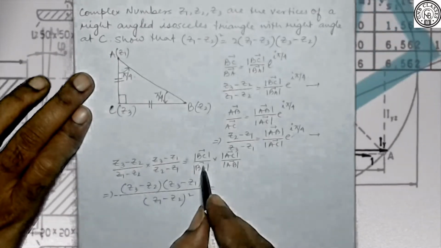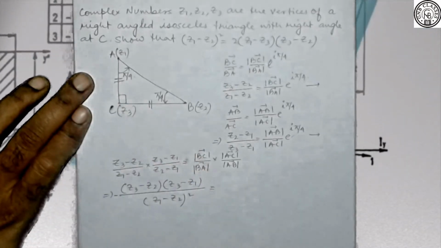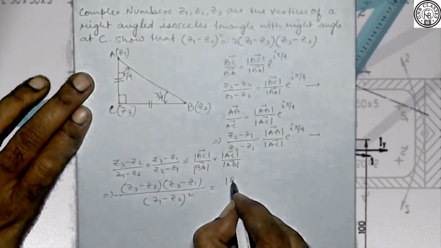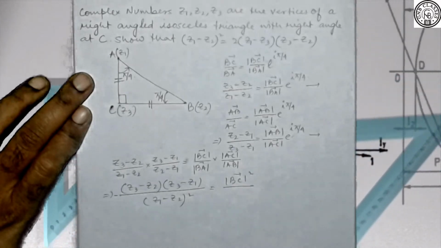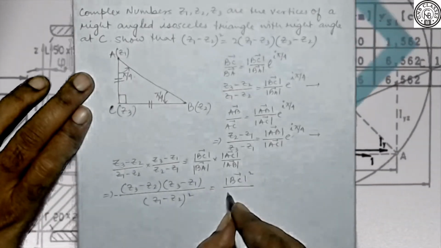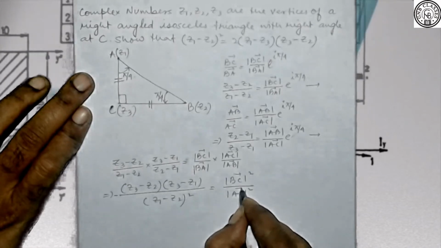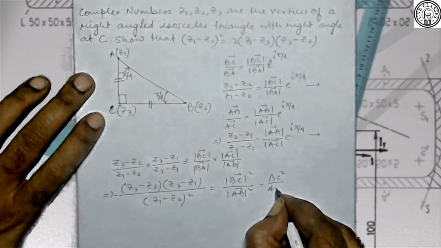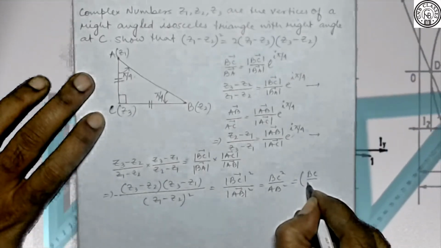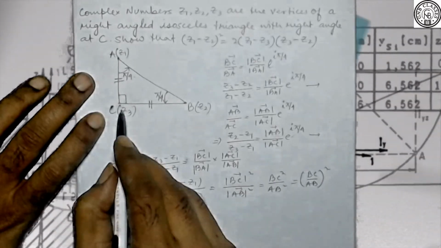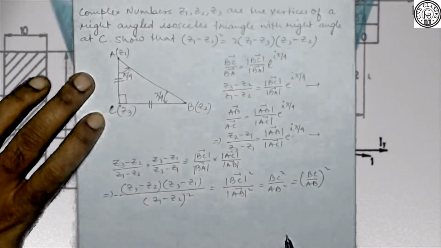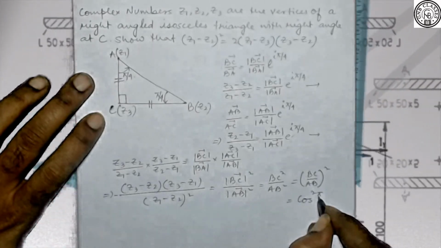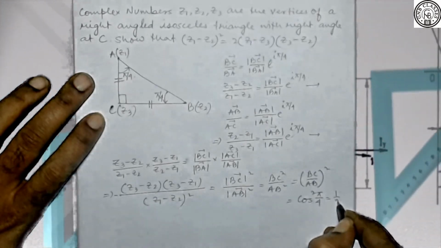And in the right hand side you see, BC and AC, they are equal. So I can write this as BC vector whole square divided by AB, and BA vector, they are same, so it will be AB vector square, right? BC square by AB square, which is BC by AB whole square. Now what is BC by AB? It is nothing but cos pi by 4, that is cos square pi by 4 in this case. So which is nothing but half.